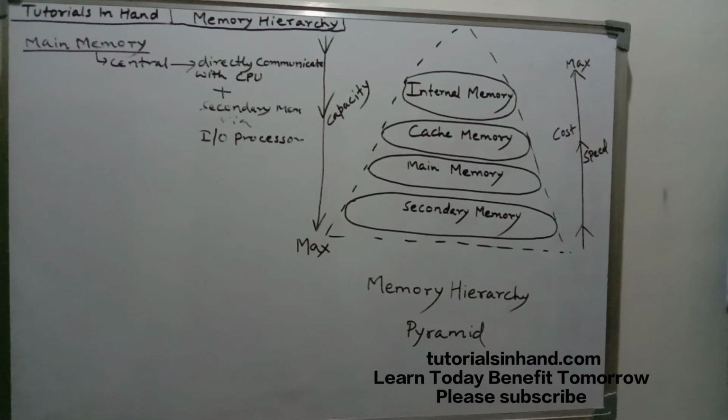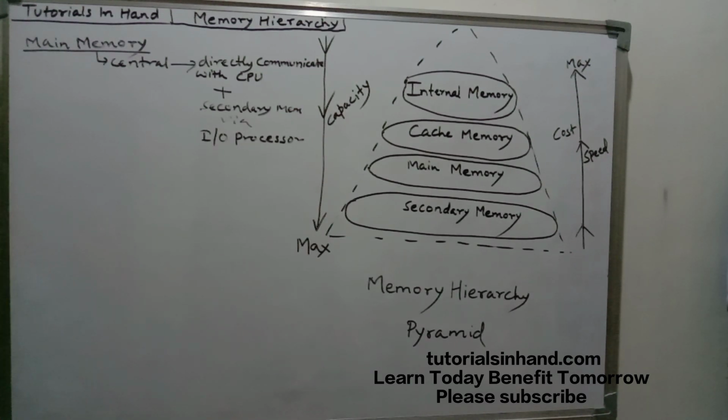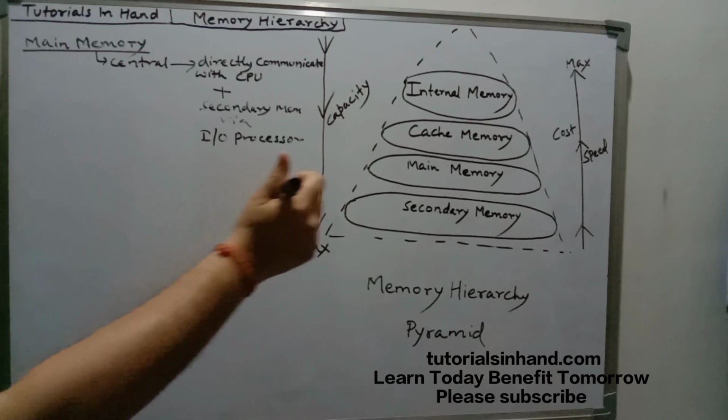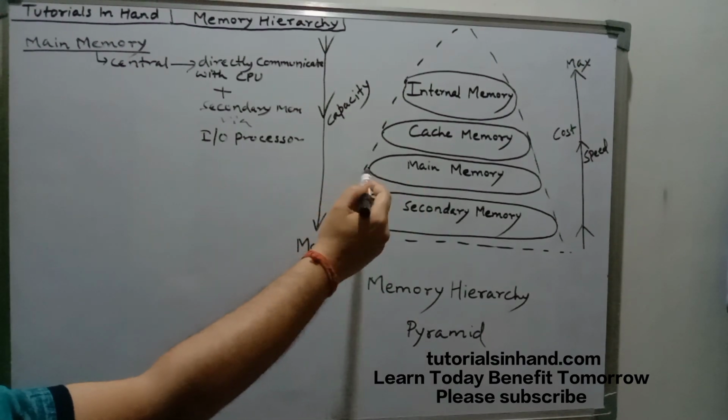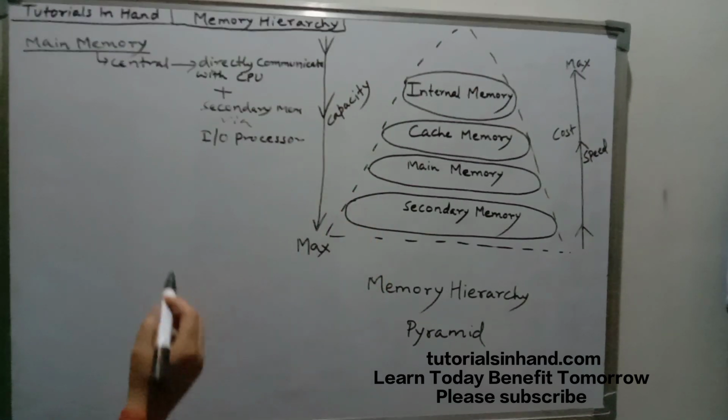So what is main memory exactly? The programs or data that are currently required by the CPU for the execution of any task reside in the main memory, and that data is provided to the CPU as and when required. Main memory will only hold those programs that are currently needed by the CPU for execution, and that is why main memory has a capacity which is lesser than secondary memory.